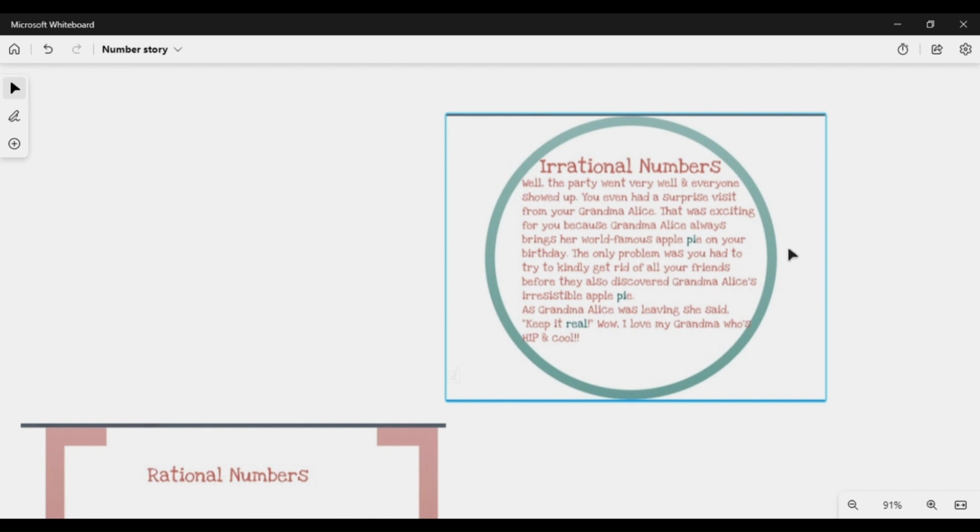Apple pie. What is pie? Pi is a number which is a Greek concept, and it is used to calculate the area of a circle or the circumference of a circle. Area of a circle is pi r square and circumference is 2 pi r. Yes, so pi is something irresistible. Why is it called irresistible? Because its value cannot be found. Its value cannot be calculated. That's why this type of number is called an irrational number.